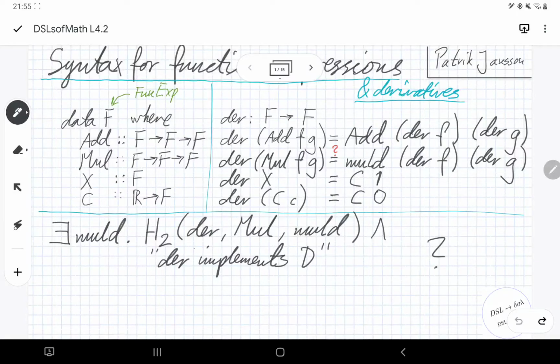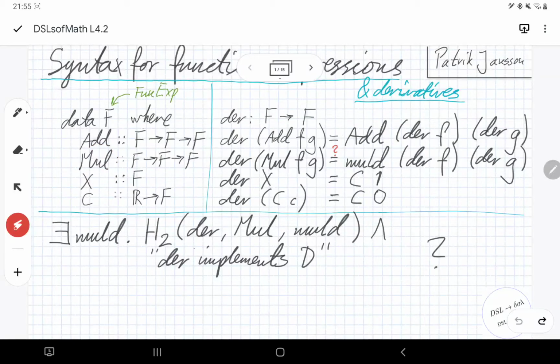Here I've tried, with my poor handwriting, to copy down in shortened form the FunExp type from some earlier live coding. Remember, this is what I called FunExp; I will just call it F here for brevity. It's a data type for one-argument function expressions. It has a symbolic variable x, which is just syntax for the function id. It has a constant constructor that takes a real number and becomes the constant function. And then you can add and multiply these